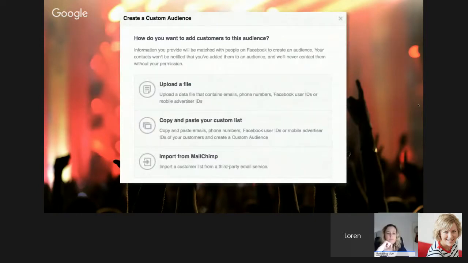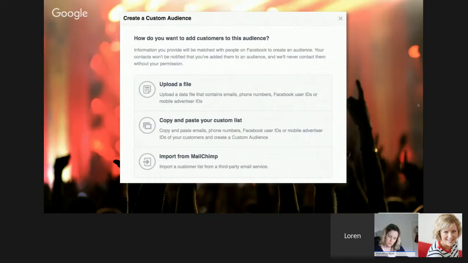So what you would do here is upload a CSV file, and you strip everything out of it except for the email addresses or the phone numbers if it's the phone numbers that you're doing. And if you're doing the phone numbers, it needs to be mobile phone numbers. What it'll do then is match that data against what people log into Facebook using. So if you have an email list of 2,000 people, let's say, and you upload that to Facebook, don't be surprised if it comes back to you and says, we now have an audience of 1,000 people that you can advertise to.